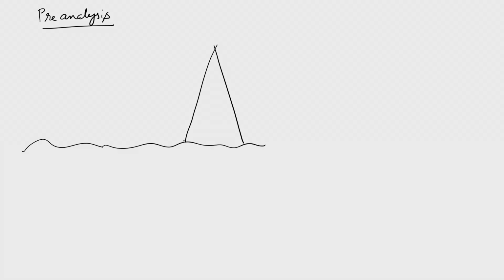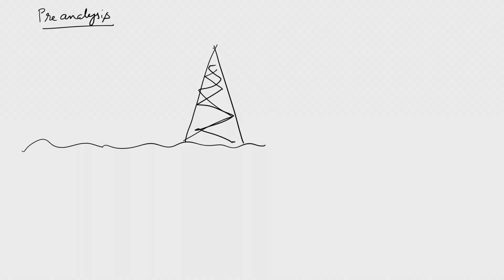Let us see, this is a terrain and this is a tower of, let us say, any mobile tower, I can say like this, something like this, or maybe you can make some crisscross. Okay, you want to find out what is the height of the tower from some benchmark value called datum.